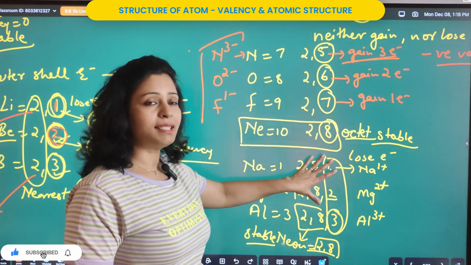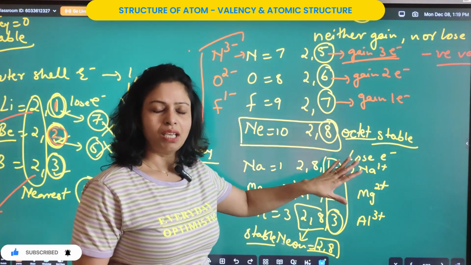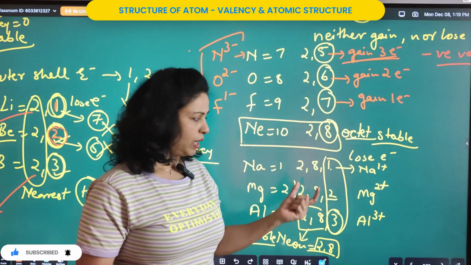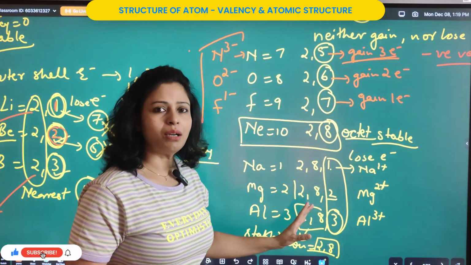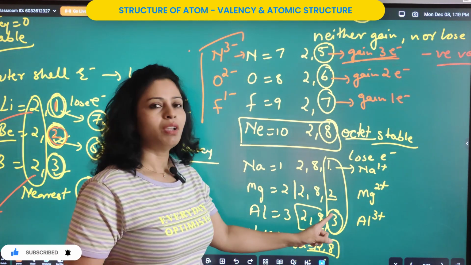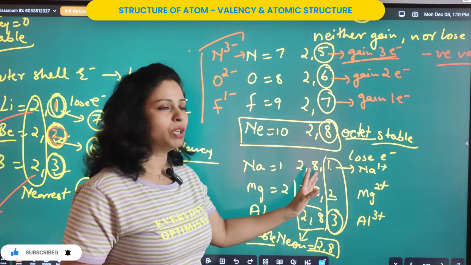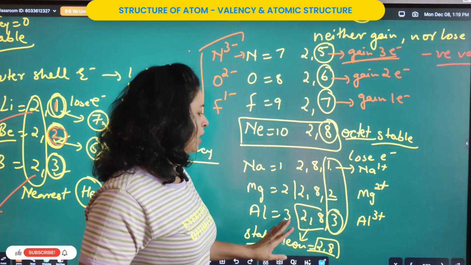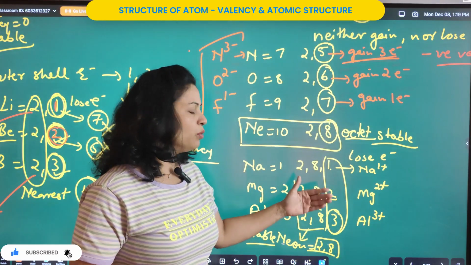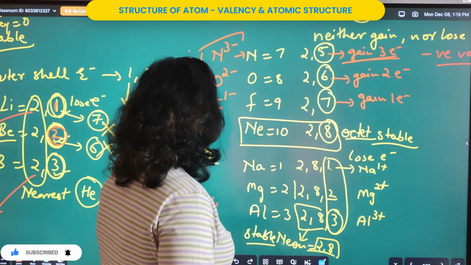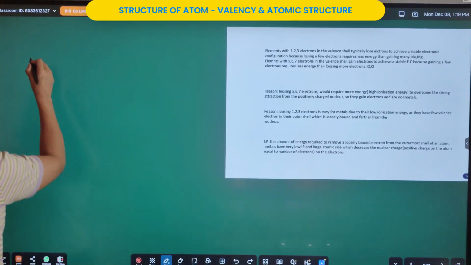Now here they are unstable because the outermost shell is not complete. An atom is said to be stable when its outermost shell is complete. But here the outermost shell is incomplete because it is not filled with 8 electrons, right? It is not having either a duplet or an octet configuration. So in order to become stable, they will try to lose or gain electrons. So in silicon also,